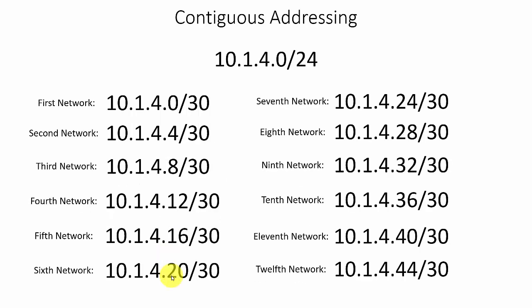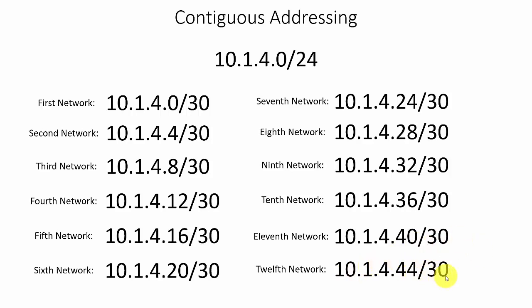And we just keep doing this until we've used up the entire 64 networks that were made available by carving up the /24 space with a /30. These networks are considered contiguous, which means the second one takes off where the first one leaves off, the third takes off where the second one leaves off, and so forth. Looking at this example from the 12th network, can you guess what the network identifier would be for the 13th network? It would be